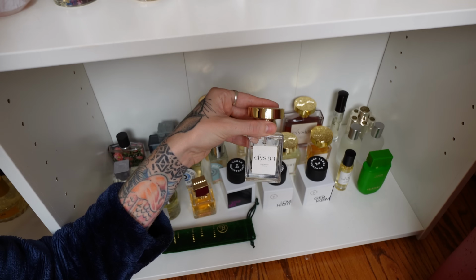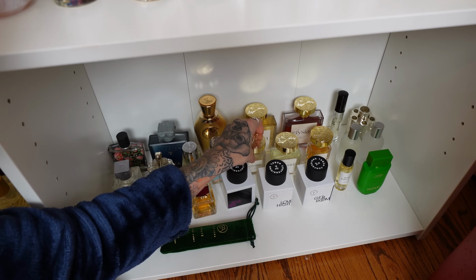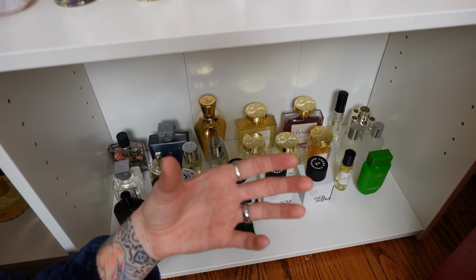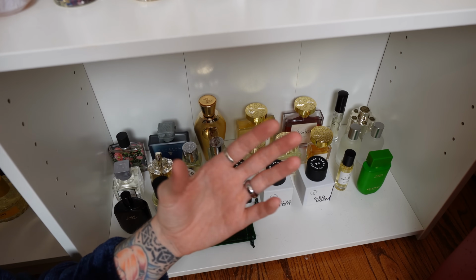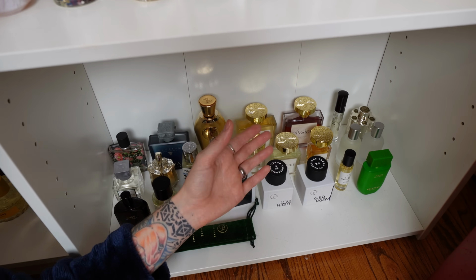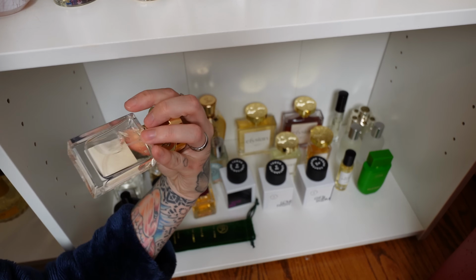As you can see, I have quite a few Elysian fragrances, but I don't want to show them on camera because when you tilt them, they leak and they don't have the names on them. Although they make great fragrances, the quality of the bottles and them not having any sort of label on them